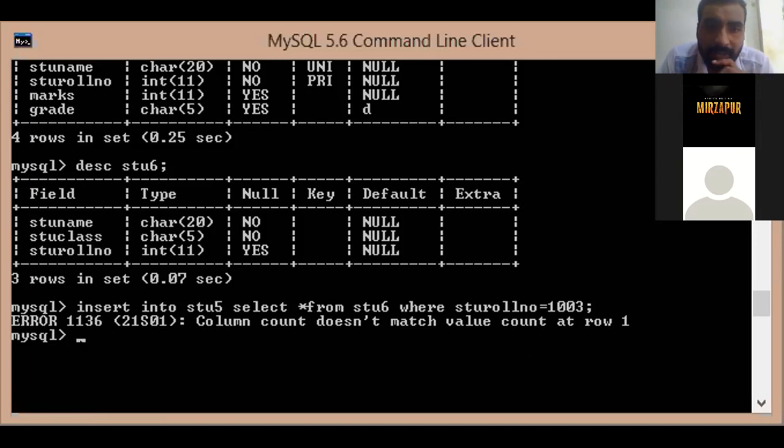There are 4 columns in STU5 and in STU6 there are 3 columns only. So there is a mismatch of columns. I told this before, but still we tried to insert on the basis of the not null condition, and you can see it is not accepting that. It means column names must match. If they have matching columns, then your values can be inserted.